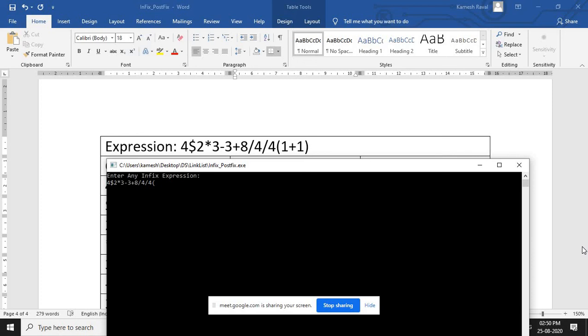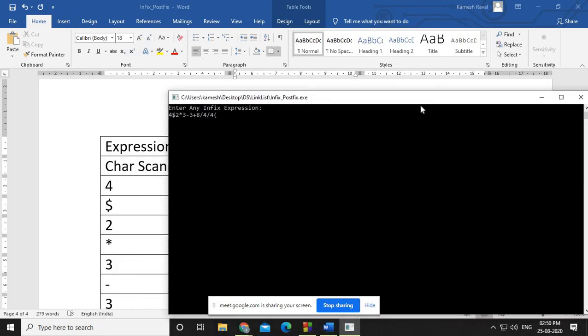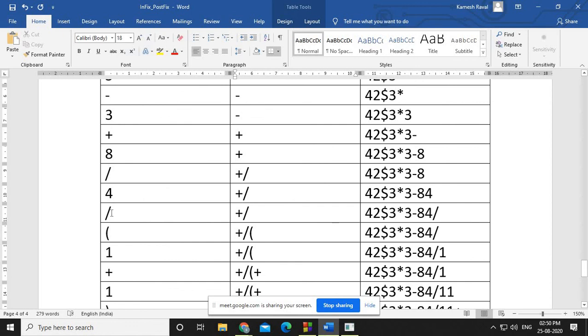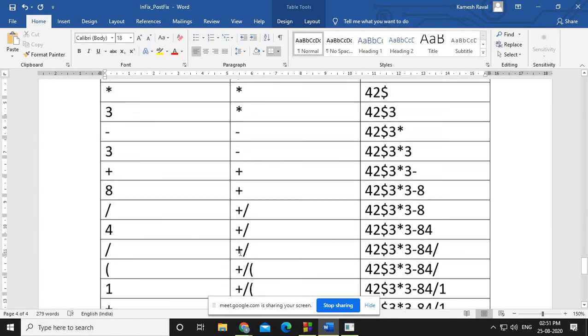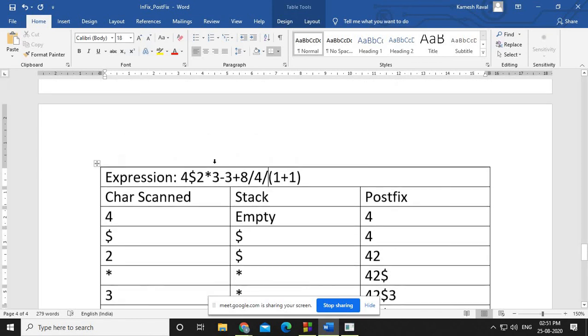Oh, there is something wrong, right? We'll just enter the expression in this way, because after division there has to be some operator here, right? I'll just check it out. Yes, this 4 is not there, right? It is something like this. So we'll just check here. Here I haven't mentioned it, right? So this is the correct expression.